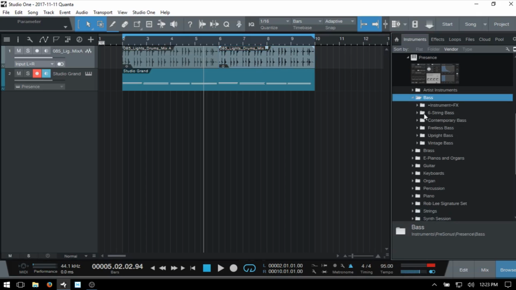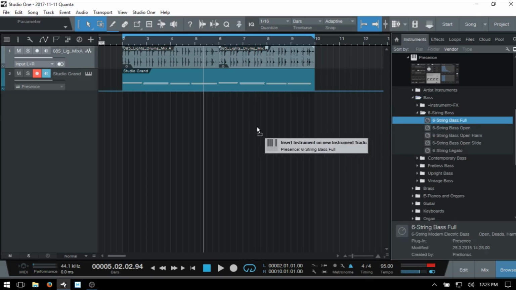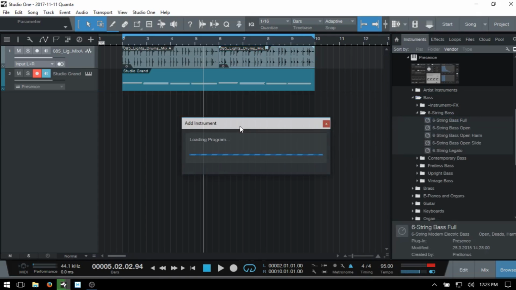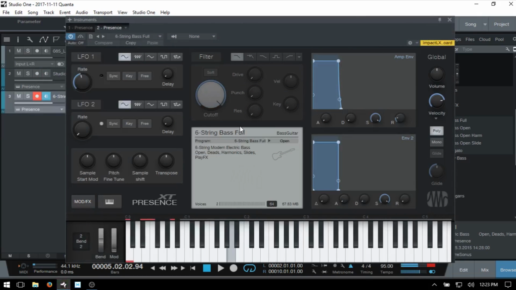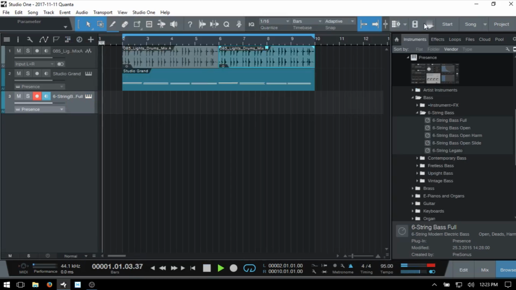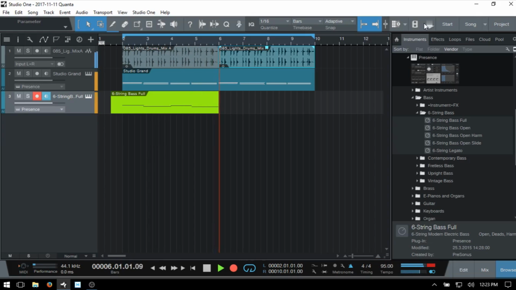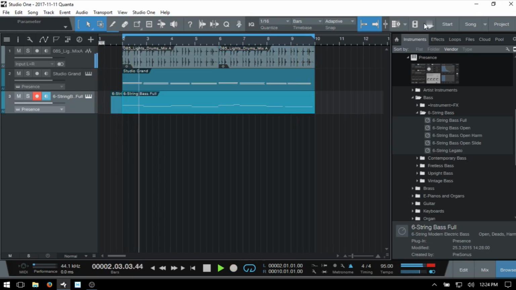Say if we wanted a bass, then we could bring in a bass. Okay, so I've got some wrong notes in there, but you get the idea how you can keep building this